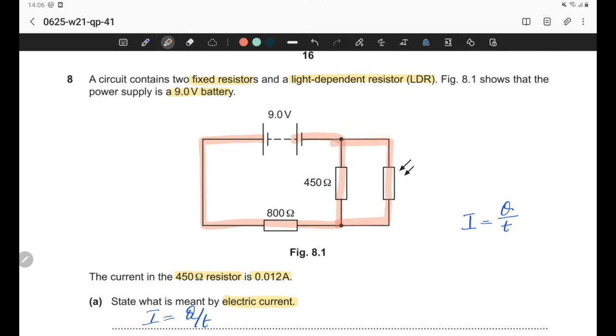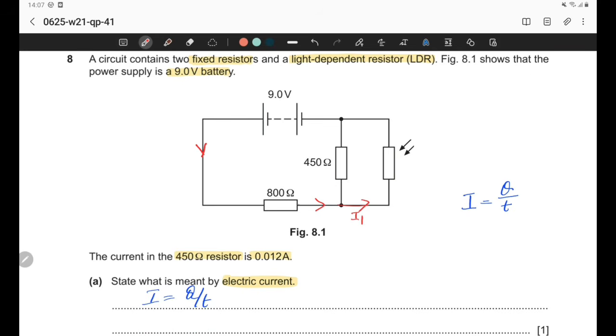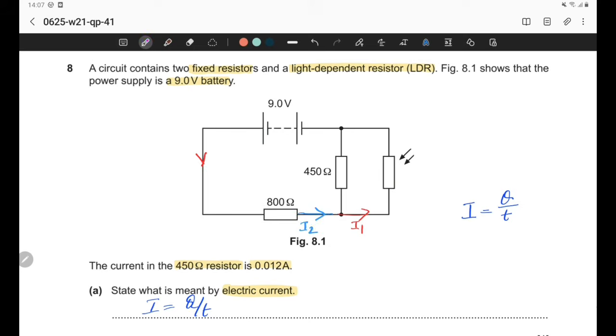So this is the direction of the current. That means current direction is in this way, and when the current reaches the junction, it splits into two, and the current flowing through the LDR we should represent as I1, and the current flowing through 450 ohm we should represent as I2. The current flowing through 800 ohm resistor we should represent as I2, and there is another current flowing, must be flowing through the resistor